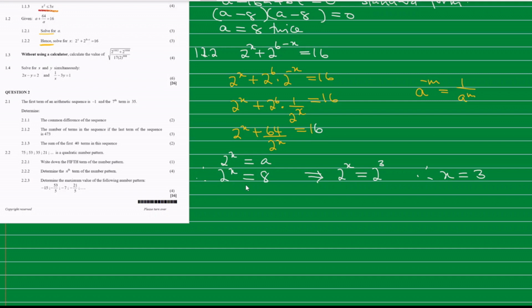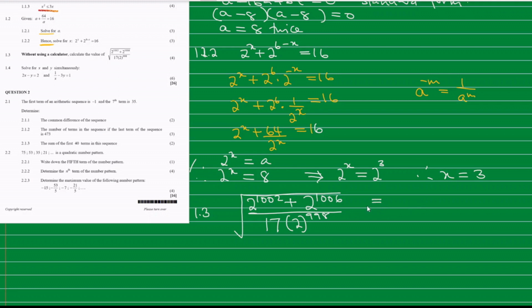It's a question based on exponents, and it says again, so I'll write it here as the root of 2 to the power 1002 plus 2 to the power 1006 over 17 into 2 to the power 998. Okay, so here